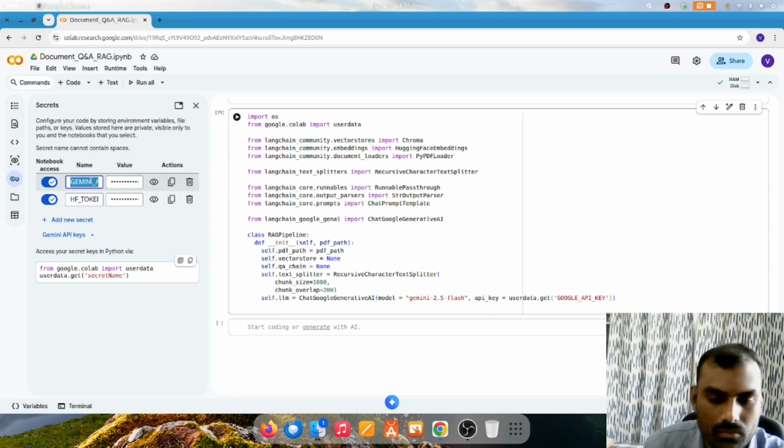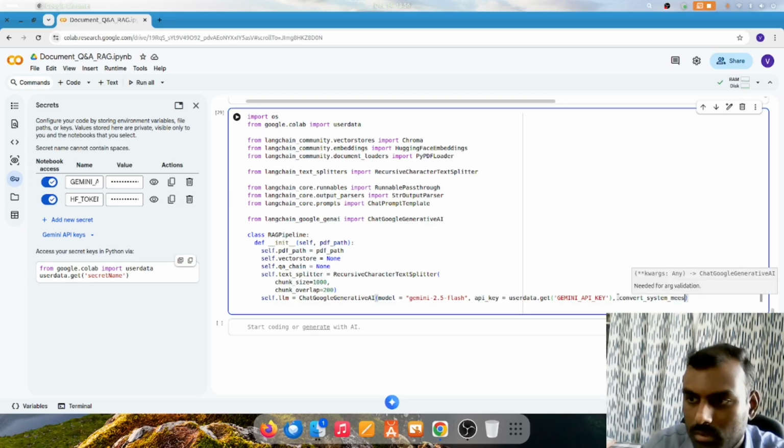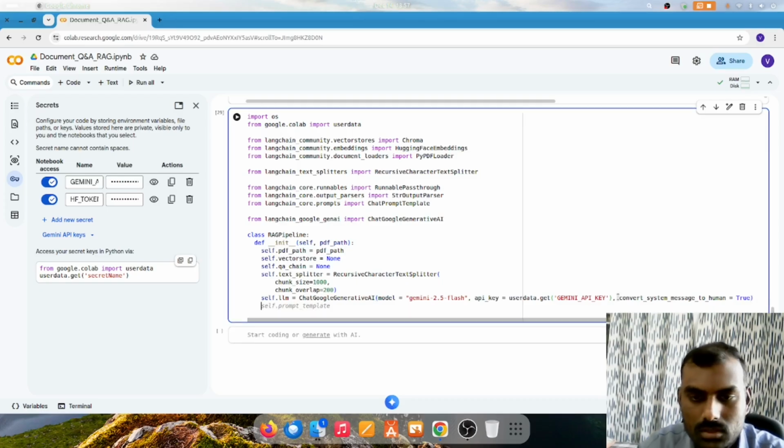Copy this name from the secrets tab and use it here, and then the last one, convert system message to human equals true. Okay, this is for the LLM,